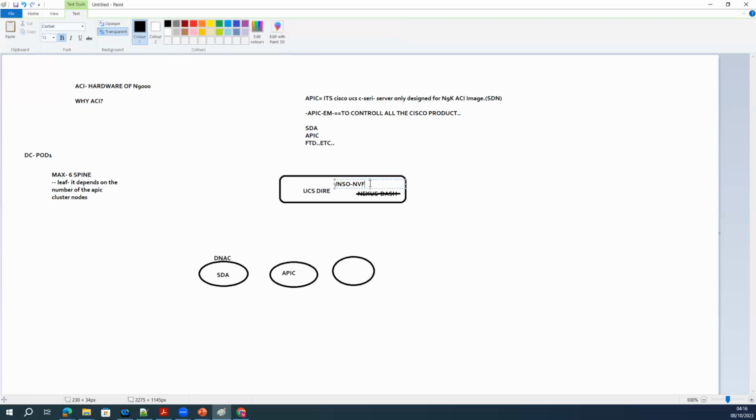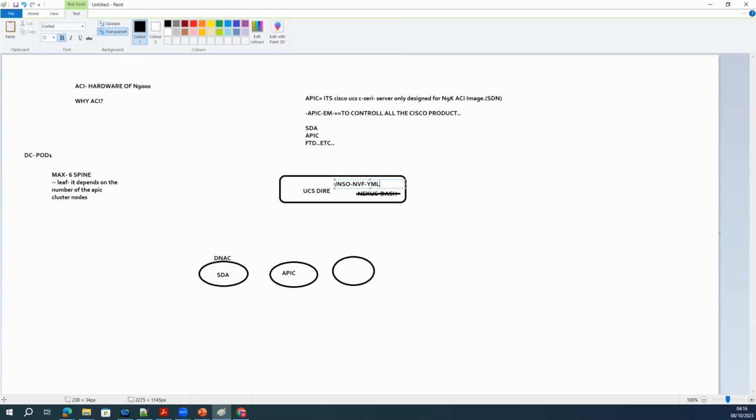If you want to deploy NSO, you need to know the YANG modeling language, and you need to know NETCONF. You should have knowledge of automation. Without automation, you cannot deploy NSO. That's simple. But UCS Director is graphical interface based. You can use the graphical interface to deploy it as well as automation, both options. So UCS Director came in the picture before NSO.